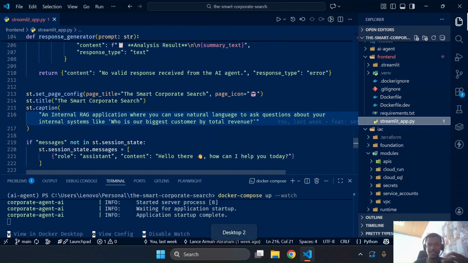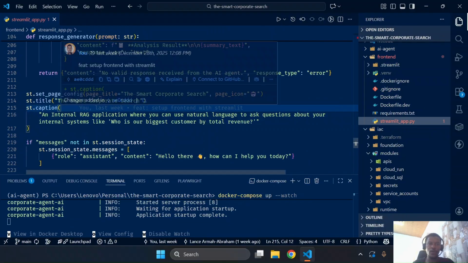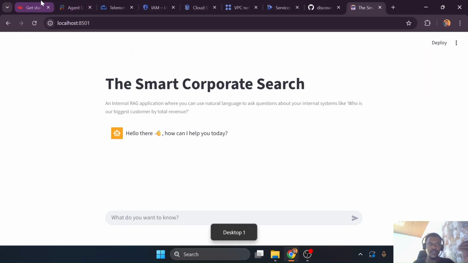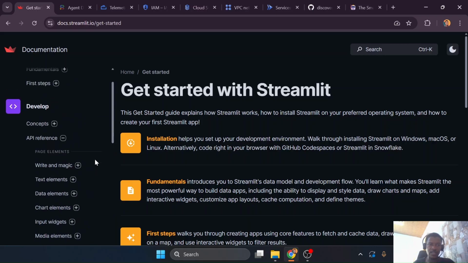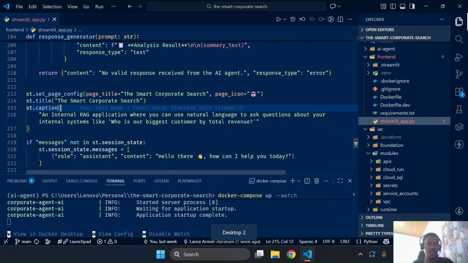It then uses JavaScript to perform the interactions. So just in case you are not aware of it, if you are looking for a quick tool to get you started with Python, building a web application, especially if you have interactive components that you want to create or set up, and you want to integrate with some kind of Python tools, and you don't want to build another API endpoint or stuff like that, it's just very good to get started with. So you can see we set up some page config like the page title and even page icon,